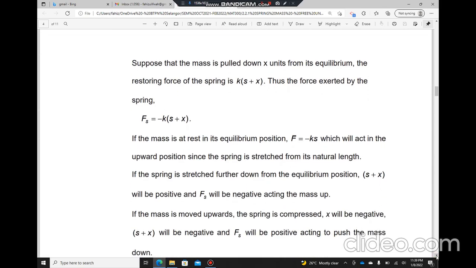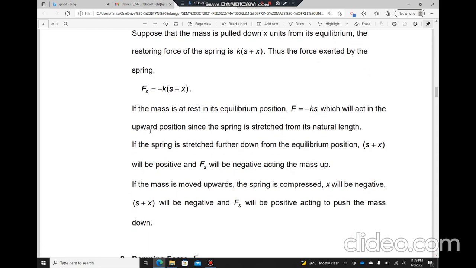And then suppose that the mass is pulled down x units from its equilibrium. The restoring force of the spring is k(s + x). Thus the force exerted by the spring, Fs, equals negative k(s + x). If the mass is at rest in its equilibrium position, F equals negative ks. So kalau dia nilai negatif ks, which will act in the upward position,